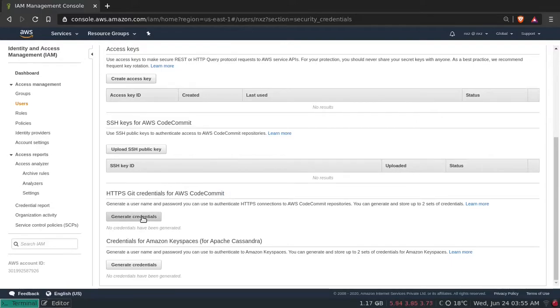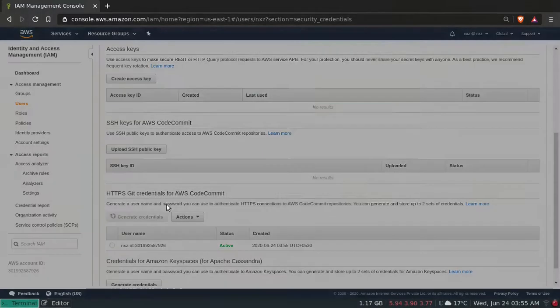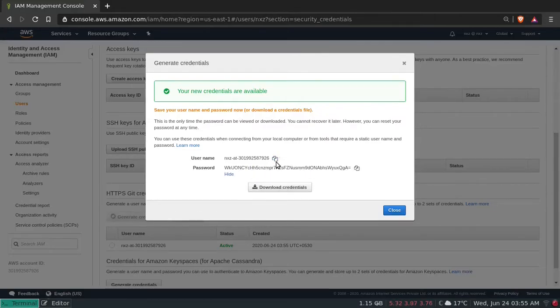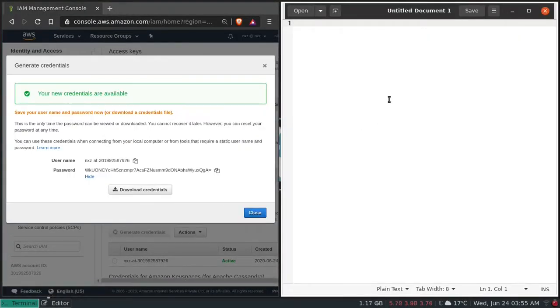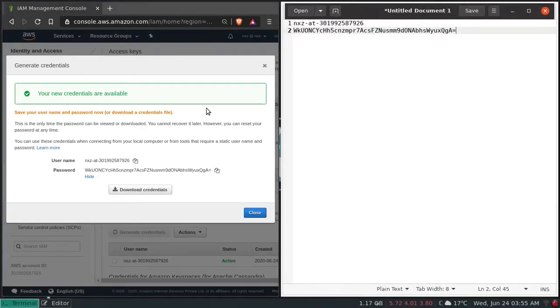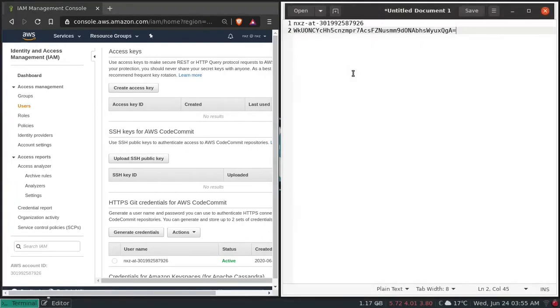So let's generate the credentials. And that's done. So make sure that you store your password somewhere securely, because this is one time. So make sure that you save it in a file and store it somewhere securely, or you can also download the credentials, which will be in .csv format. So what I'm going to do is I'm just going to copy and paste the username here, and copy the password from here, paste, and I'm going to close this, and I'm going to open my terminal